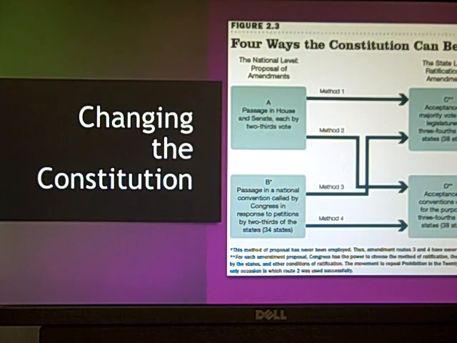And I understand, I've been teaching long enough and I'm old enough now at this point in my life. I hate using the term never ever. We will never ever use method 3 and 4. Okay? In the event that we called a national convention together, what is more likely is not that we would propose an amendment, but rather that we would write a whole new constitution. Right? Understand that's exactly what happened with the Articles of Confederation, yes? They got together and went, hey, let's fix this. And then they went, let's just start over.